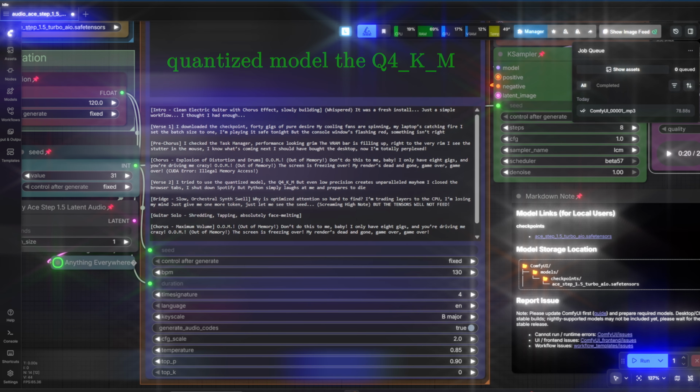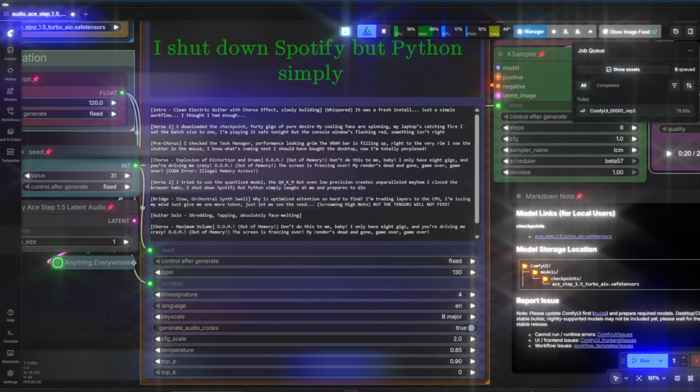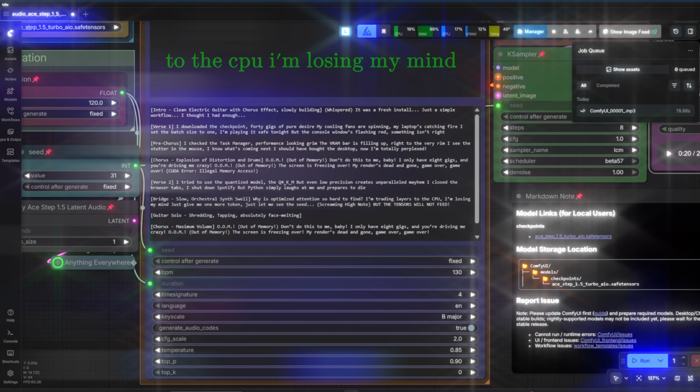To use the quantized model, the Q4KM, but even low precision creates unparalleled mayhem. I close the browser tabs, I shut down Spotify, but Python simply laughs at me and prepares to die. Why is optimized attention so hard to find? I'm trading layers to the CPU, I'm losing mine. Just give me one more token, just let me see the seed. But the Tensor